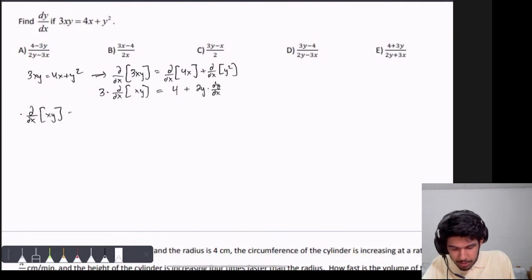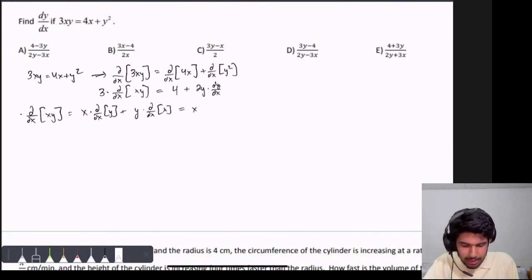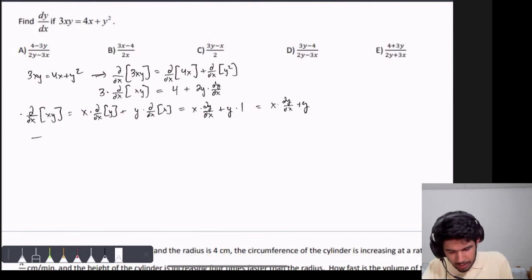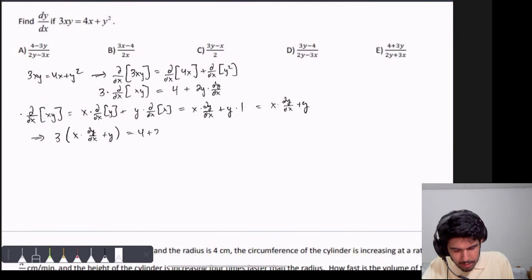And then let's just compute the derivative of xy, right? And we'll use the product rule. So first times the derivative of the second plus second times the derivative of the first. So d/dx of y is simply dy/dx. d/dx of x is 1, so that's just x times dy/dx plus y. So now we substitute and we get 3 times x times dy/dx plus y equals 4 plus 2y times